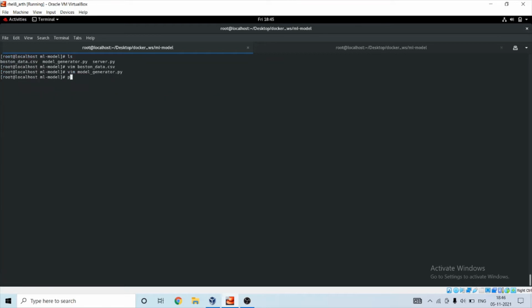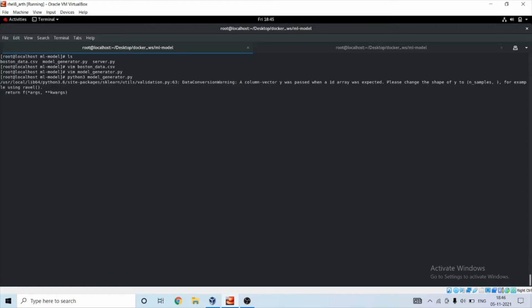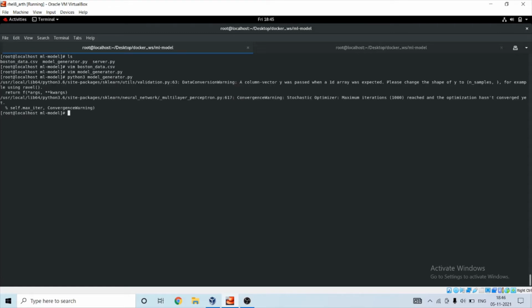First run this: python3 model. It will save the weights of our model. These are the warnings. It has saved the weights. Now let's write our Docker file.